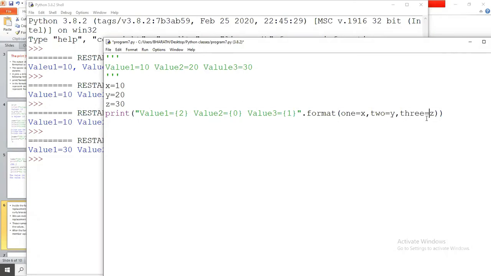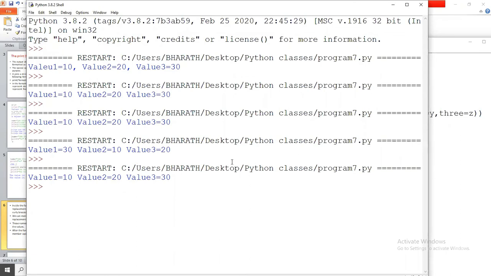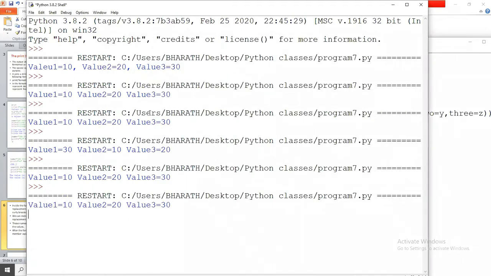Now instead of these places, we are going to use names also. We execute the same program and we get the same output. Instead of 1, you can use anything, for example, name Ravi. Same output we got: value 1 equals to 10, 2 equals to 20, 3 equals to 30.